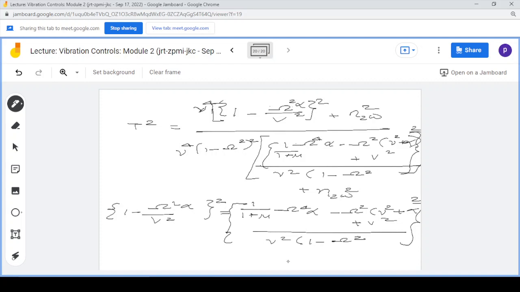So T square will become independent of n2 omega when the terms in the numerator's curly bracket and the denominator's become the same. Okay, so further solving,